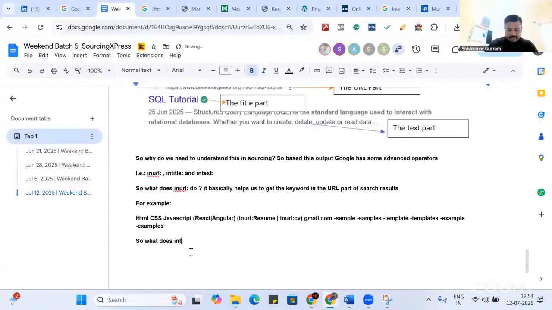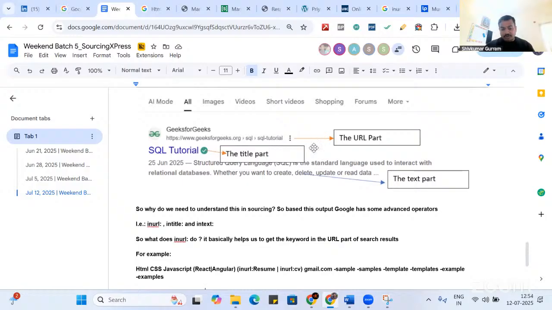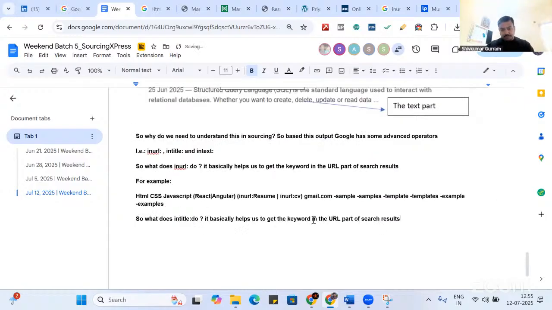So what does in title do? What does in URL do? It basically helps us to get the keyword in the URL part of a search result. Similarly, what will in title do? If in URL helps us get the keyword in the URL part of a search result, in title will search for the keyword in the title part of a search result. For example,